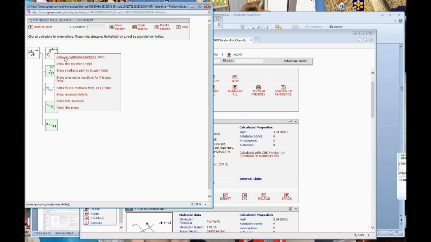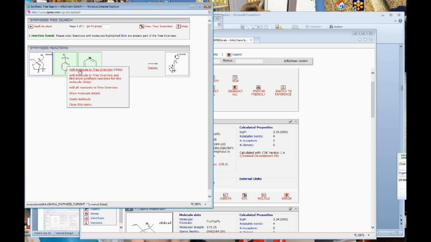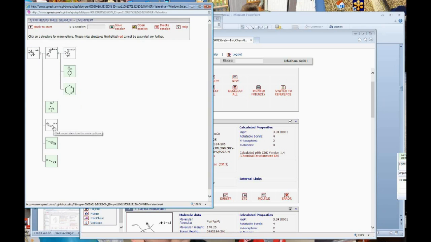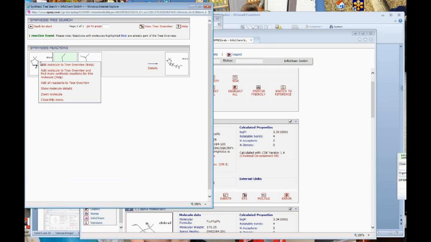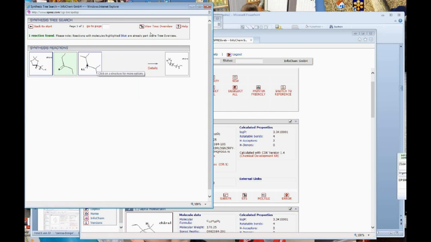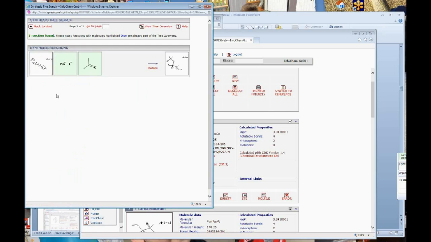So I can click again and choose again all the synthesis reactions. Again, I will add the molecule to the tree overview. And again, have a look. This was not commercially available, so I will expand also this branch and add the molecules to the tree overview, and so on. So I can perform these steps on and on and on